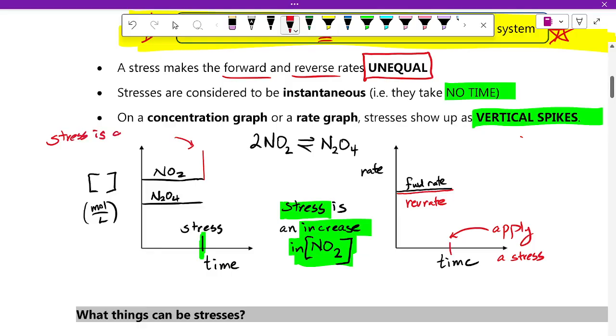What about the other graph we didn't get? Yesterday we were showing shifts, not stresses. Stresses are considered to take no time, okay? Because otherwise it makes the graphing really ugly if we make them take any time at all. It's just to make the graphs look nice and tidy, all right? We can make